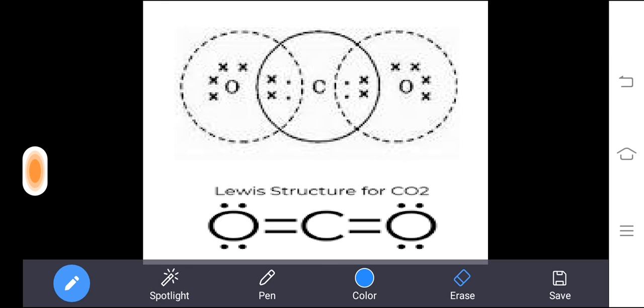So what we discussed is placed here, so you can understand this. Here you can see they use different colors. Actually you want to use the symbols only, dots only, because that is the rule for the Lewis dot symbol. For your identification and understanding, they make the cross. So in the examination, don't use the cross, use the dot itself. That will be good for you.